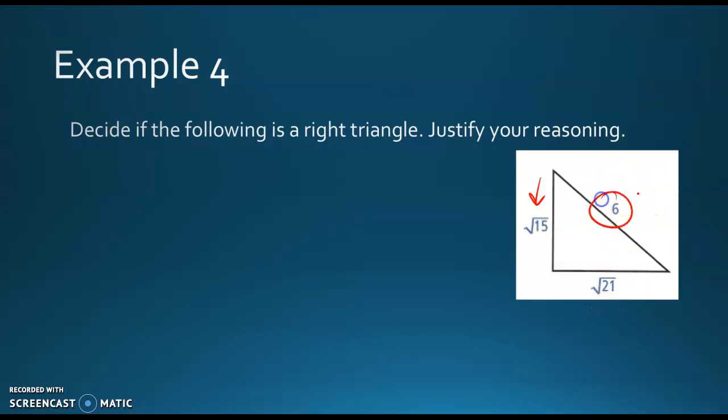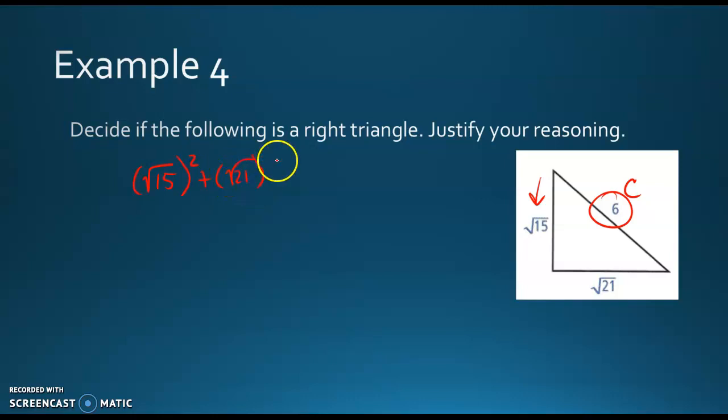So then 6 is our biggest number. So that's going to be c. If you're not sure, go ahead and type the square root of 15 and get its decimal, the square root of 21 and get its decimal, and then compare it. But you do not want to use the decimals when you plug in because you're going to have to round at some point,